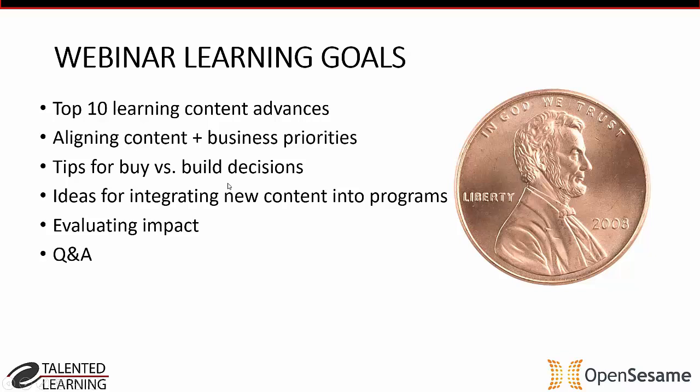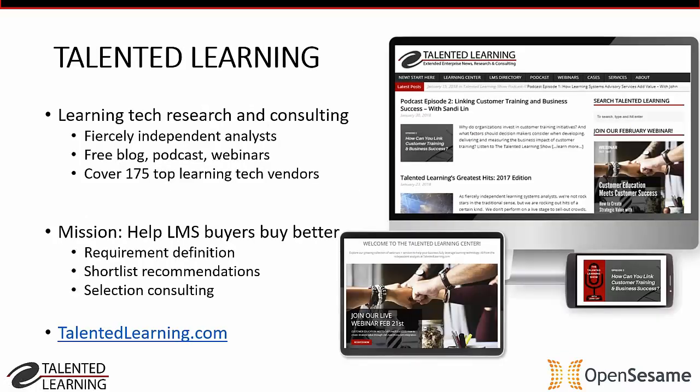We're going to first cover a top 10 list of strategic content tools that were prioritized by an open poll on Talented Learning. And we'll show you the results of that, and we'll dig into each one of the 10. We'll give examples. We'll describe how it impacts buy versus build decisions. We'll talk about real-life application of it and how you measure it and how you integrate it as we go through these 10. And between Sam and myself, we'll cover it from really 2 different aspects. So let's get ahead and get going.